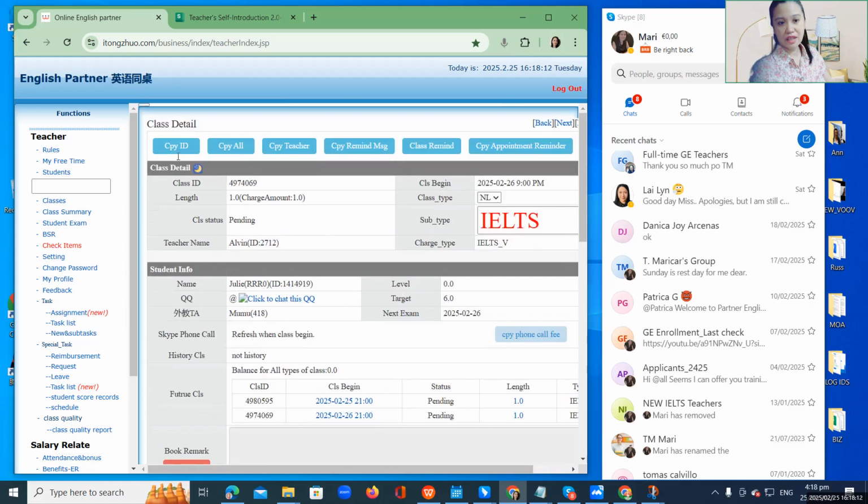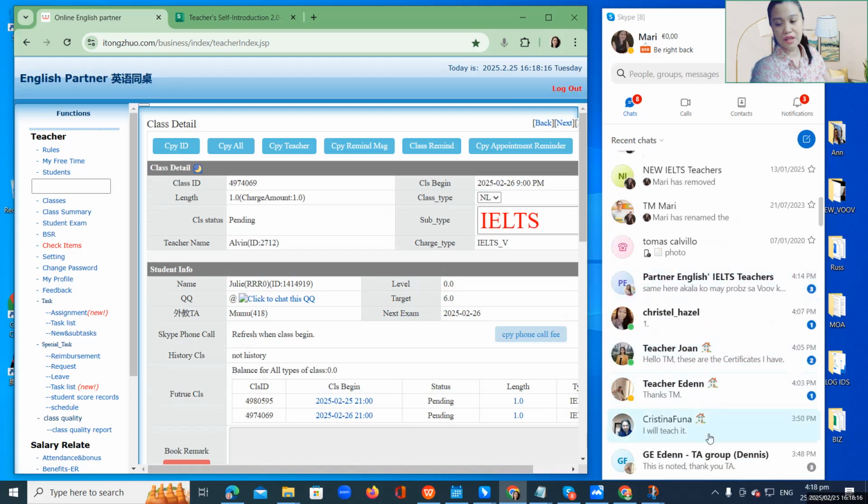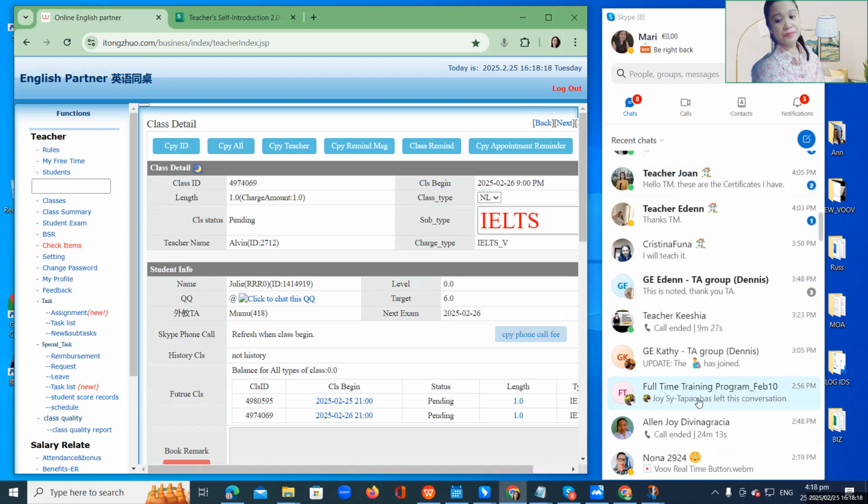And then, click here, send the message to your TA here. Ang TA kasi nasa Skype. So, kailangan ng Skype parating meron ka sa desktop, meron ka rin sa mobile phone. Just in case, let's say maghang yung PC mo, you can still send a message in your mobile phone. Also, in the mobile phone, you can open the system. Pwede. Just ask me.